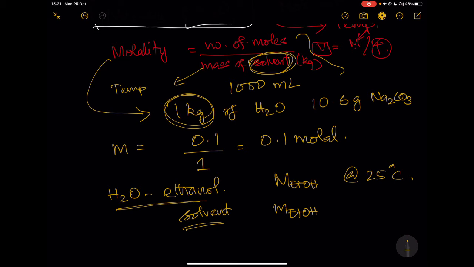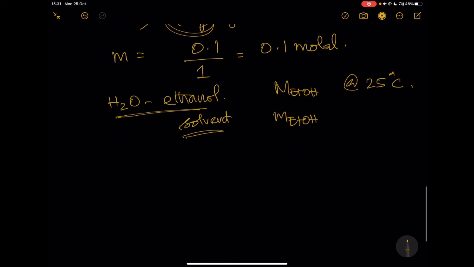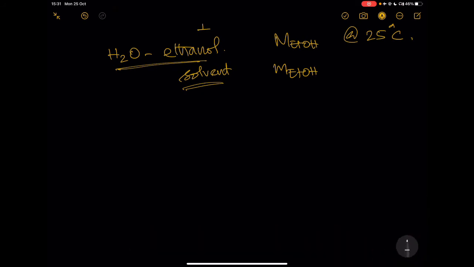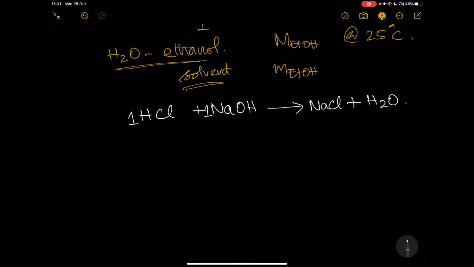So with these two definitions already in place, let's start to look at some very simple chemical reactions. One of the reactions that we would have started chemistry with is a neutralization reaction. When you're adding an acid to a base, in this example, a strong acid to a strong base, you're going to have a neutral salt that precipitates or is in solution, if it's a soluble salt, plus water that is present. In this example, what we are able to see is that one equivalent of HCl and one equivalent of NaOH results in one equivalent of sodium chloride and one equivalent of water.